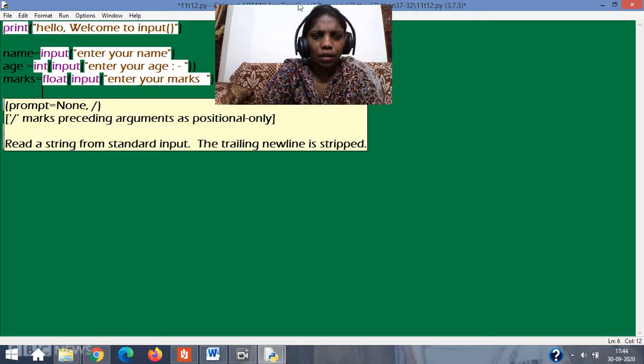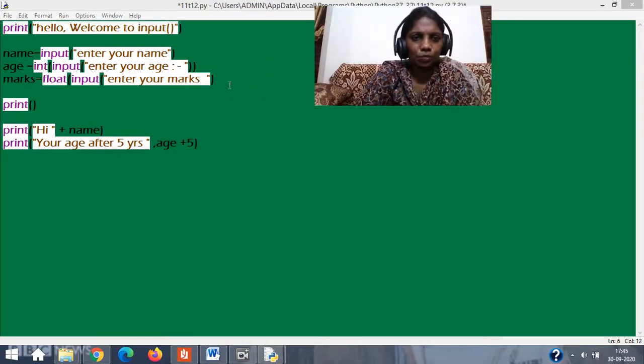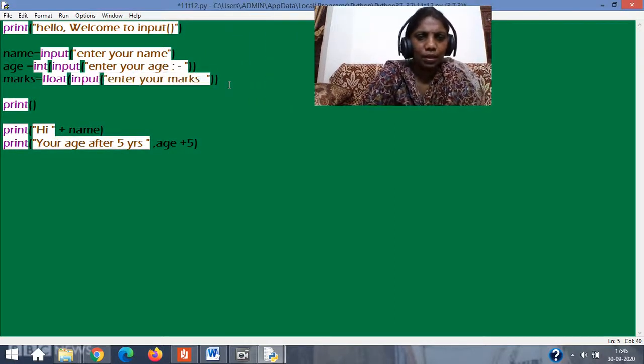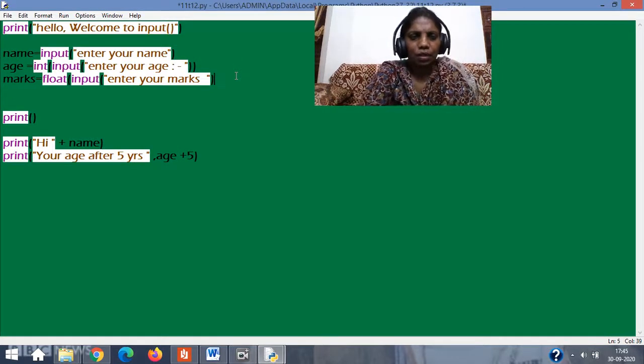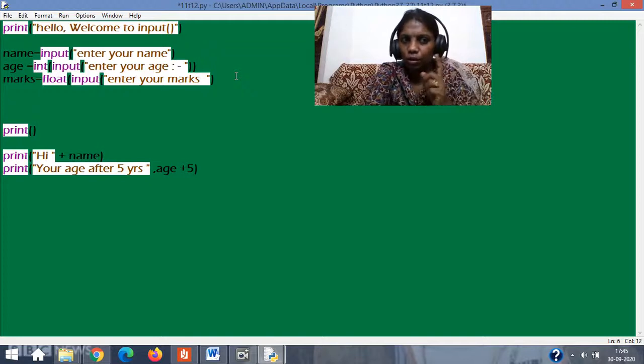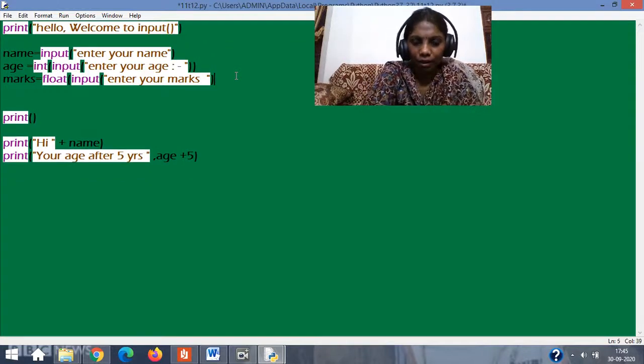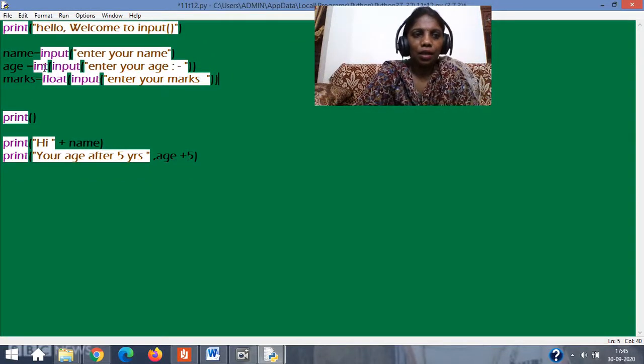I have to close two brackets. If I am not closing them, you saw where the cursor came, which shows there is an error. So I went and closed the bracket. See, float, open the bracket, close the two brackets. Important.